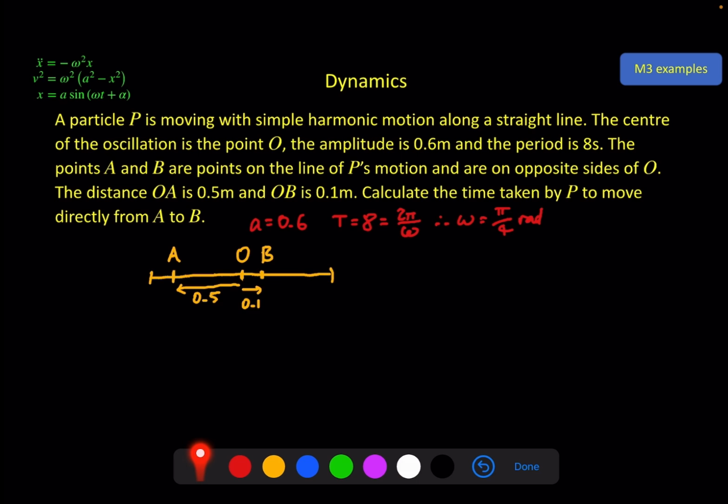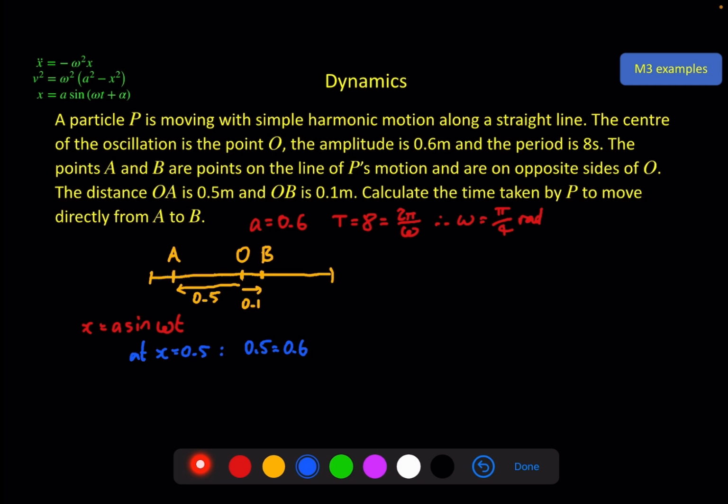To find the time then, what I would do is simply split it how it's naturally split here. What is the time it takes to go from O to A? What is the time it takes to go from O to B? And then add the two together. And if we want to know time, and I want to know it from here, let's use this equation here with alpha equals 0. So I'm using x is equal to a sine omega t. I'm going to use it twice, once to get this, and once to get this, and then we'll just add them together. So at x is equal to 0.5, we've got 0.5 is equal to